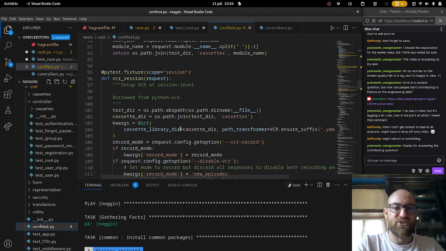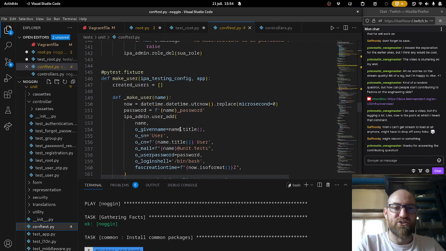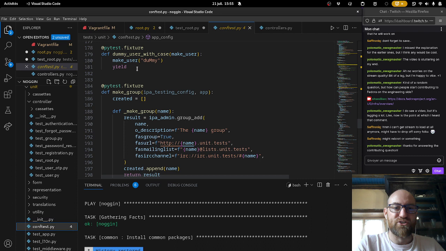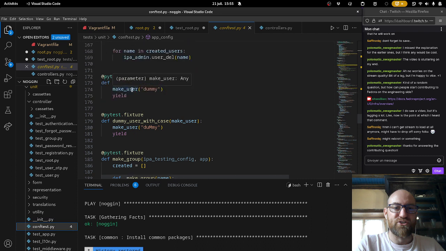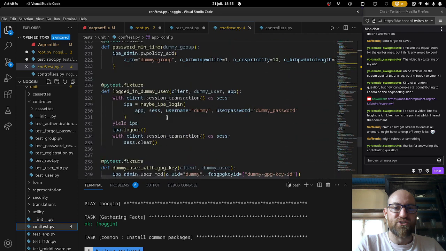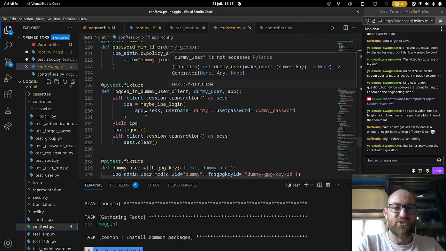Where is it? That's the dummy user, very cool. So it's make user dummy. Okay, that's interesting. And then the logged in dummy user uses the dummy user that we've created and logs it in.